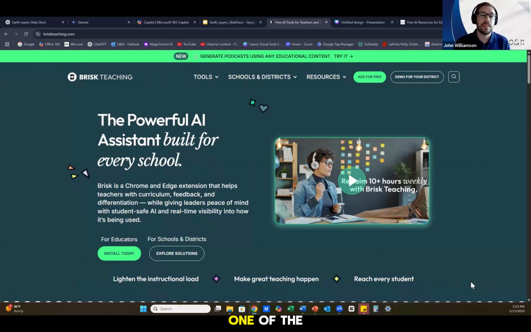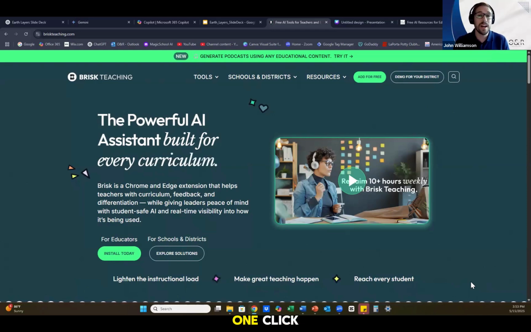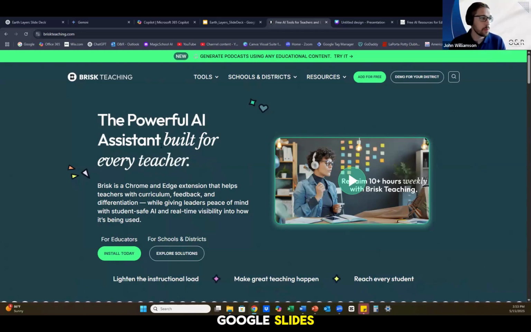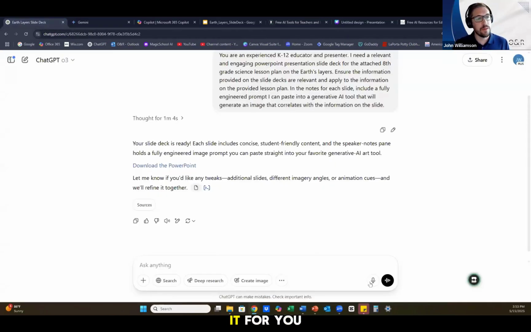And this is one of the only tools that I've seen that allows teachers or anyone to do almost a one-click full presentation in Google Slides, which is pretty awesome. And so let me demonstrate it for you. So if, like I said, this little icon right here, once you've installed it, and it's free, totally free to use,